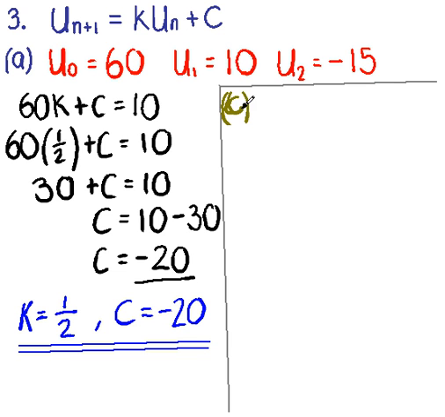Part B in question 3 asks us to work out u4. Now, at the beginning, we didn't have a recurrence relation we could work with because we didn't know k and c, but now we do. We have u(n+1) equals a half times un minus 20. Now we're asked to find u4. We already know u0, u1 and u2. So u3,